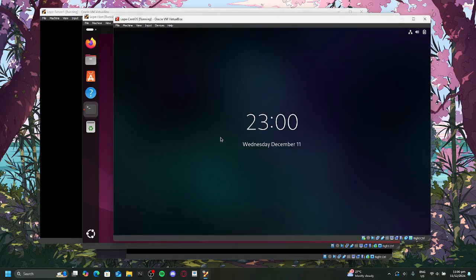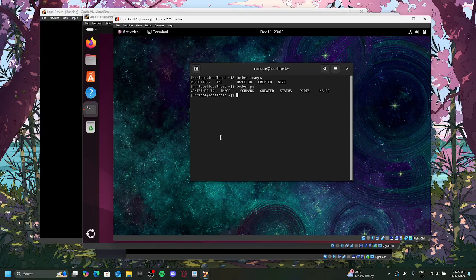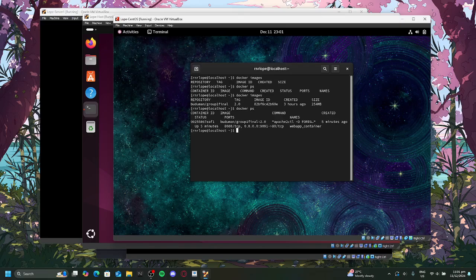First up is CentOS because it is the first one that I clicked. As we can see before, we have no Docker images and Docker containers. If we execute the command docker images and docker ps again, we can see that in Docker images, we have our Docker image already installed and downloaded. In our container, we have our container successfully deployed.